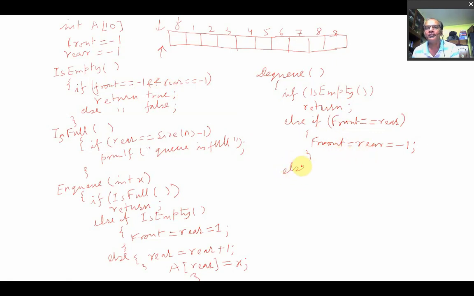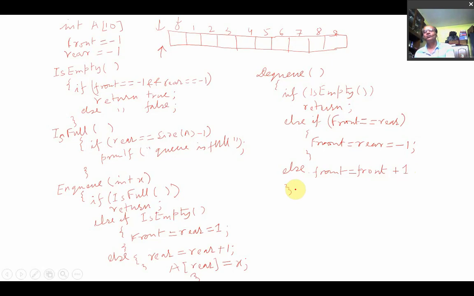Else, the last condition: if both are not true, then front can be updated to front + 1, right? So this is the DQ operation.